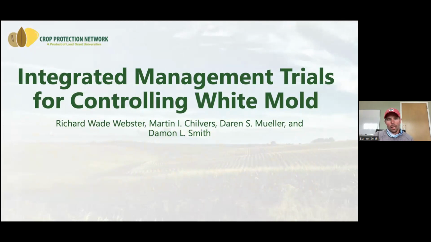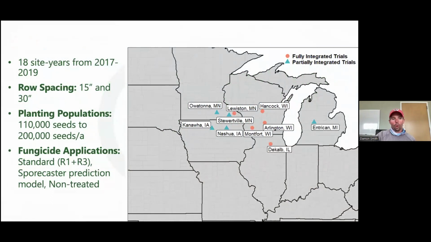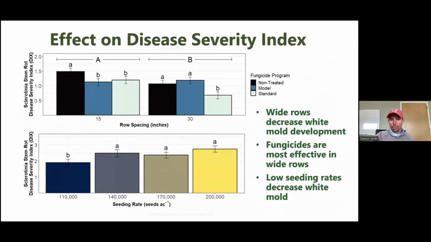Other things to think about, I know that the crop's already planted, but moving forward, as you look at fields this year, thinking about row spacing, 15s and 30s, or more importantly, I like planting populations. You've probably all seen this data before, but I just want to reiterate our extensive multi-site year data, and we've published and talked to Sean about this. We really like the planting population idea and trying to reduce the planting populations. You could stay in the 15-inch row spacing. I think it's just fine.